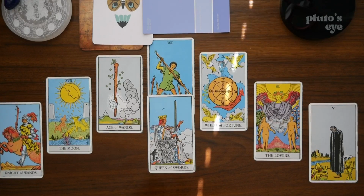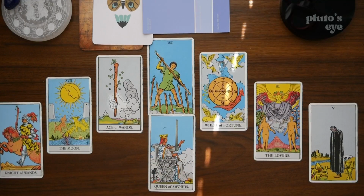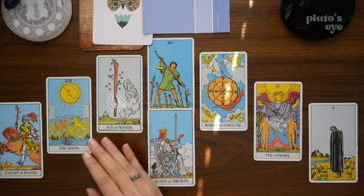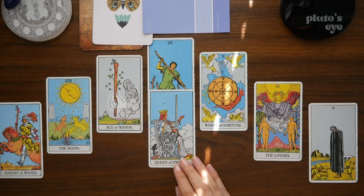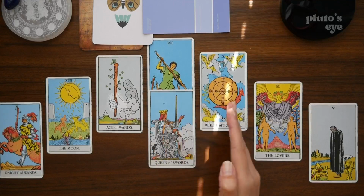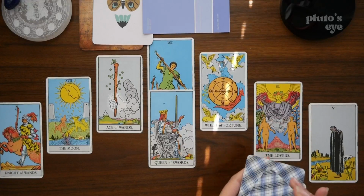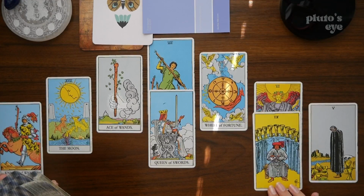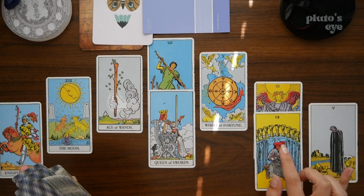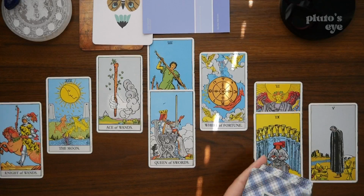Okay, yeah, it feels like there's a need for cutting out some of these. There also might be some distractions, like you're feeling motivated in a sense, and then there's some distractions that really need to be cut out so that you can move forward. Let's take a look at the Lovers. Yeah, there's something that's really going to work well, something is really going to harmonize, and it's going to bring you a lot of fulfillment, and it's going to make you really proud. So let's see why at the end you're so focused on